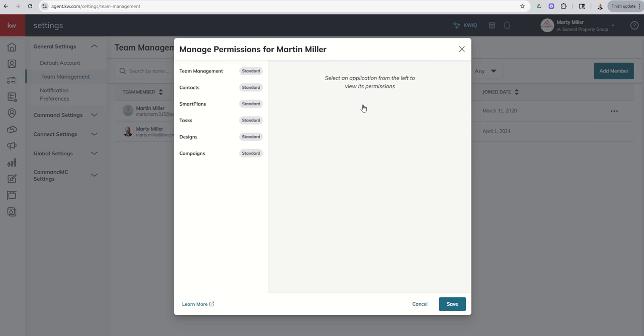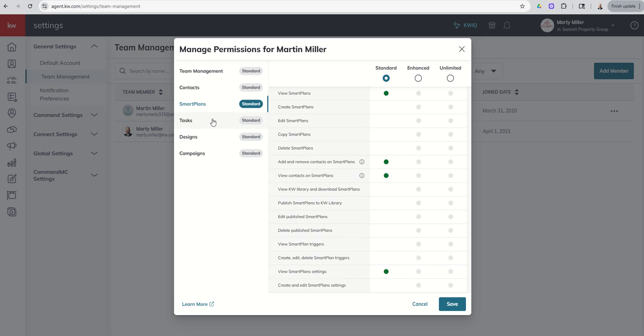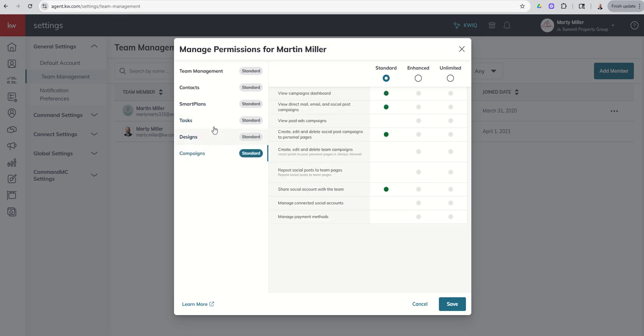Now previously, with regards to permission levels, it was standard, enhanced, and unlimited, and it was across the board. So if I had a buyer's agent that I wanted to give permission to create their own SmartPlan, I had to give them enhanced permission levels, which also then allowed them to do things outside of SmartPlans that I may not have wanted them to have access to be able to do. Now I can go in one by one,